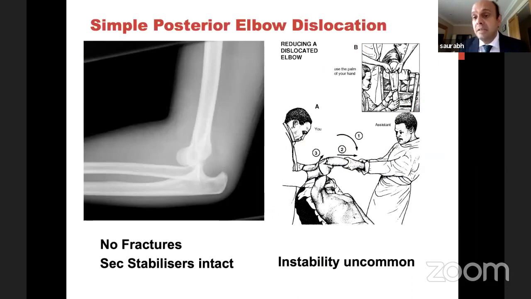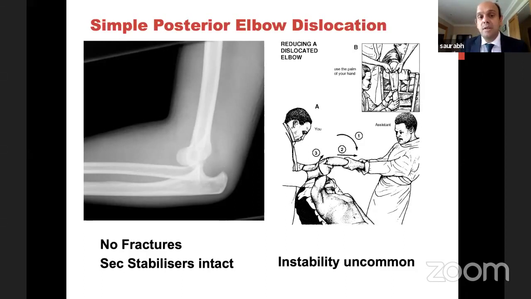So once we've seen the stabilizers, let's go to elbow dislocation. We know the elbow can have a simple dislocation in which there's no fracture, or a complex dislocation associated with a fracture. Simple dislocation is a common case in A&E and in our clinics; shoulder and elbow are the two common joints in the upper limb which dislocate. More often than not, it's a posterior dislocation. This is a reduction maneuver. We all know that. A bit of thumb pressure onto the olecranon, and the elbow should reduce easily, as we've all done in our practice.